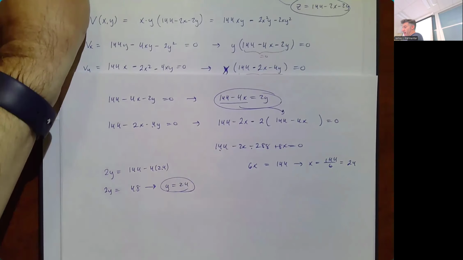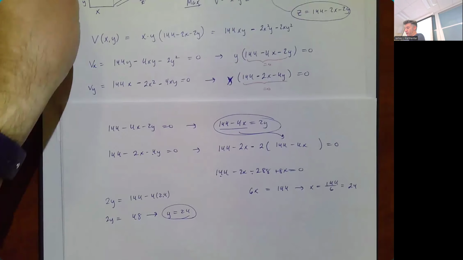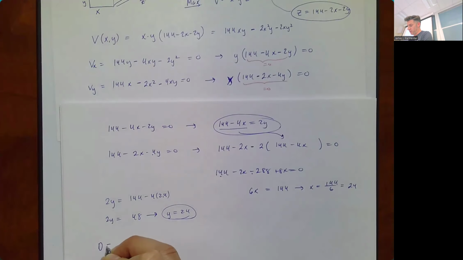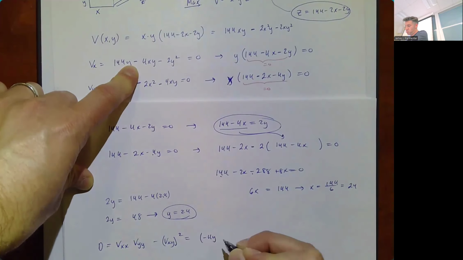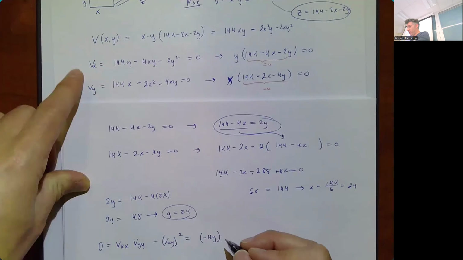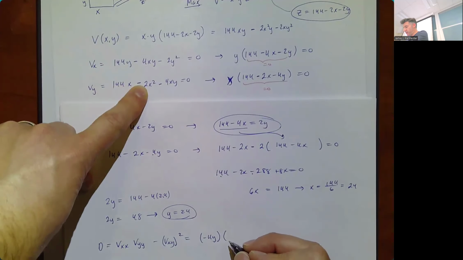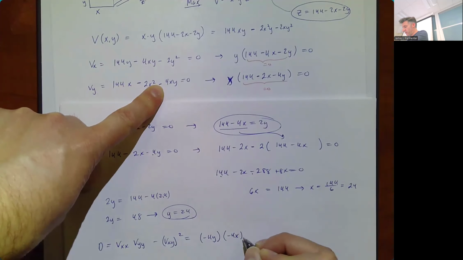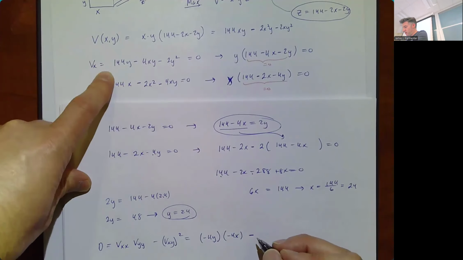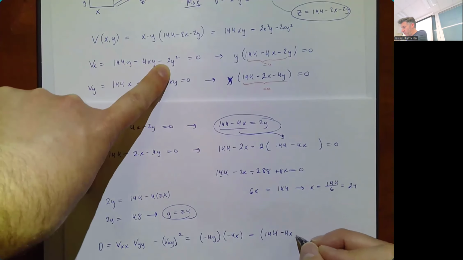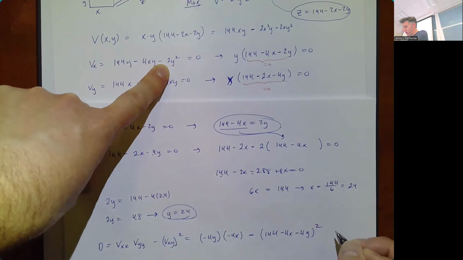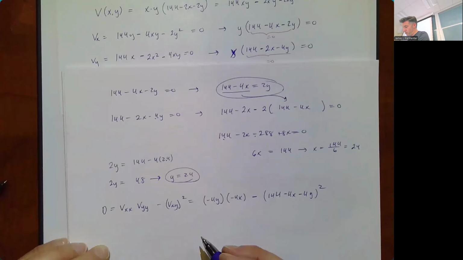We can test to make sure that we have a maximum. So looking at our Vx and our Vy, my D, which is Vxx times Vyy minus Vxy squared, is going to equal, see, Vxx is going to be 0 minus 4y minus 0. Vyy is going to be 0 minus 0 minus 4x. And Vxy is going to be 144 minus 4x minus 4y, squared. And if we plug in our 24 comma 24,